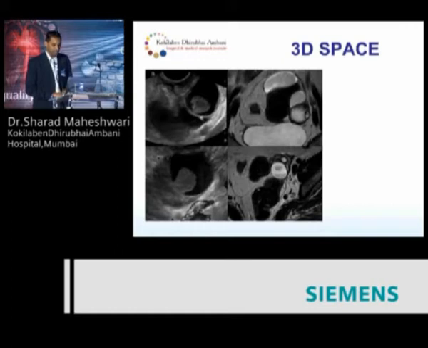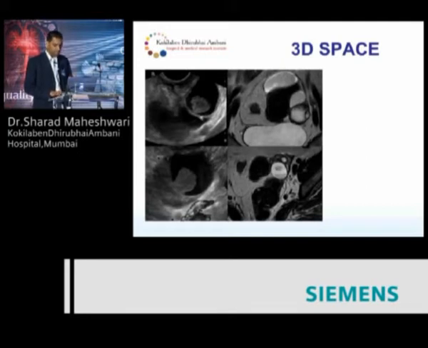So we did an MR pelvis, and as I went through the sequential images, it was very easy for me to identify that the ovarian cyst is separate, which has a hemorrhagic component, T2 shading, so maybe an endometrioma, while the other structure, which is dilated, was a fallopian tube. But I've seen most of the time clinicians don't want an MR because they don't understand it. So with a 3D SPACE, I do a 3D reconstruction. I can show them and label them: this is a cyst which is separate and this is a fallopian tube.